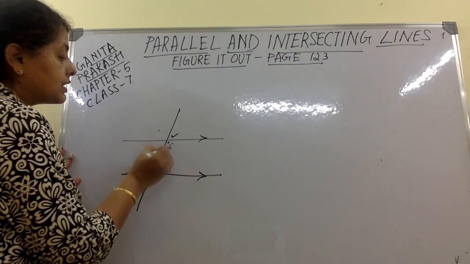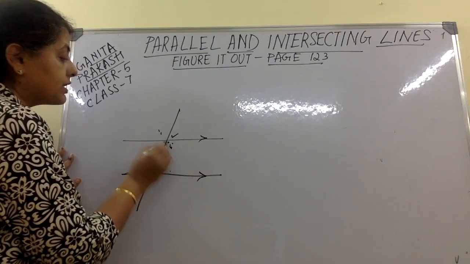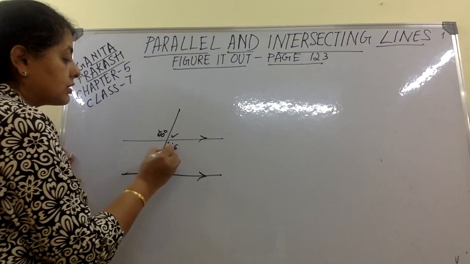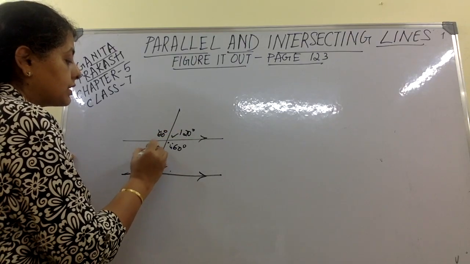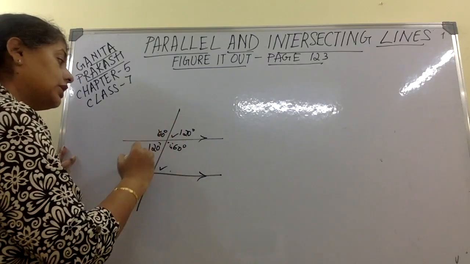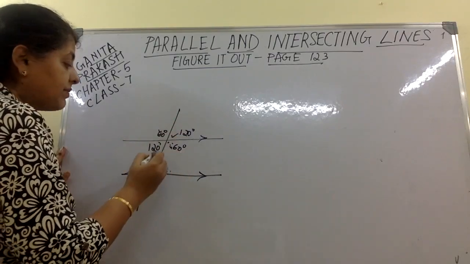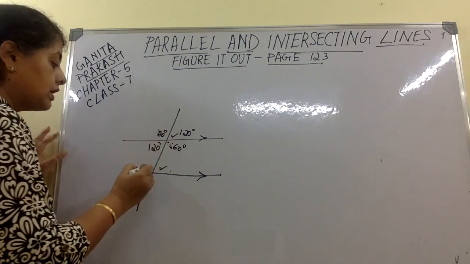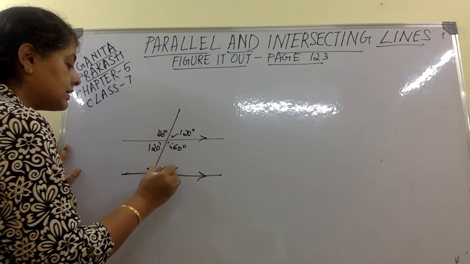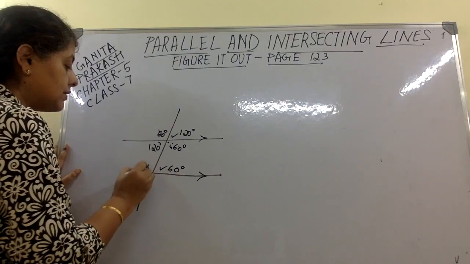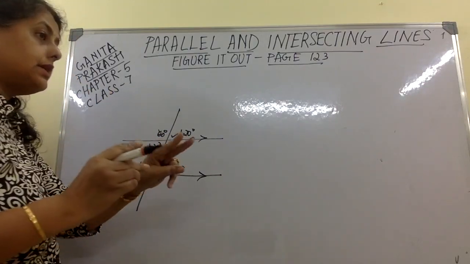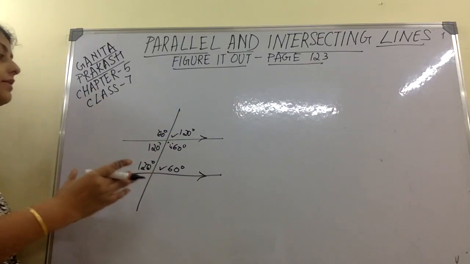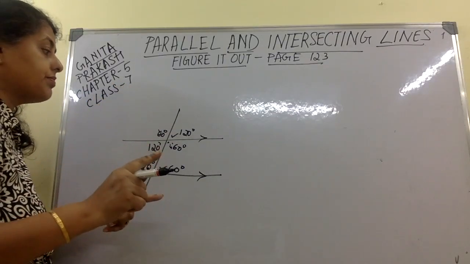These two angles, you see, these two form a vertically opposite pair. So if this is 60, this also is 60. If this is 120, then this one also is 120 because of vertically opposite pair. Okay, similarly, there's something else also. If this angle is 60, then this angle is 120. That also you can understand why. So two other things that we can apply along with the three properties of parallel lines,